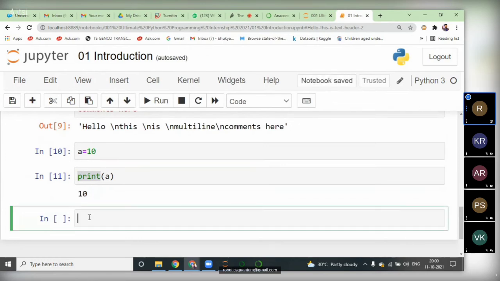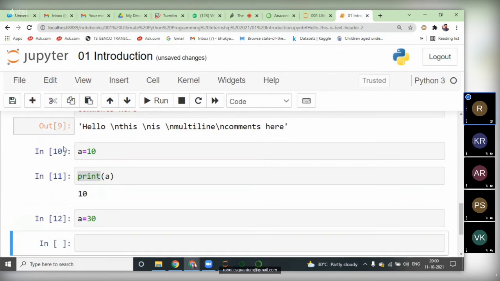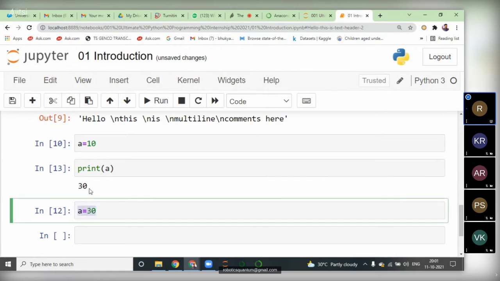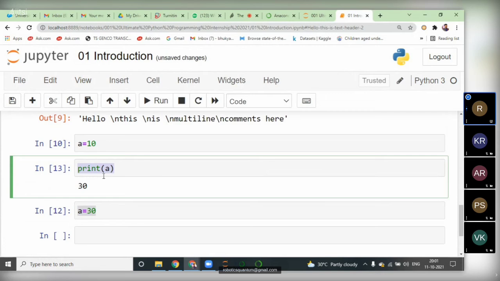If I modify the value of a here, a equal to 30, and then print that a value, I run this one and the value is modified. This line is exactly after this line, but the order system will be followed here. This is the 12th one and this is the 13th one.